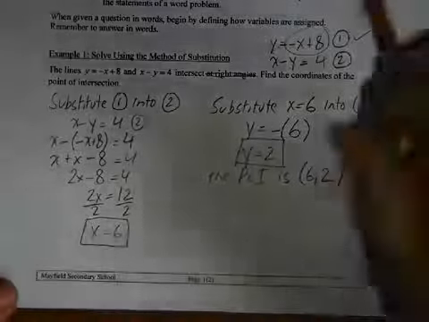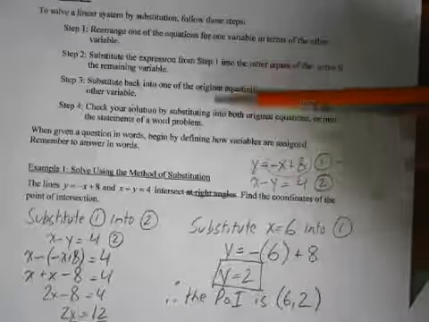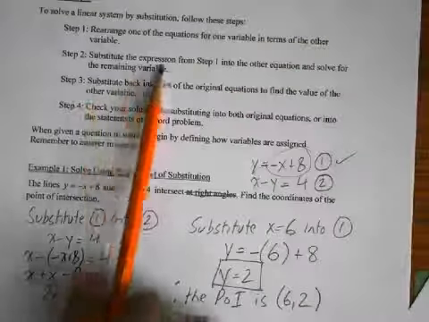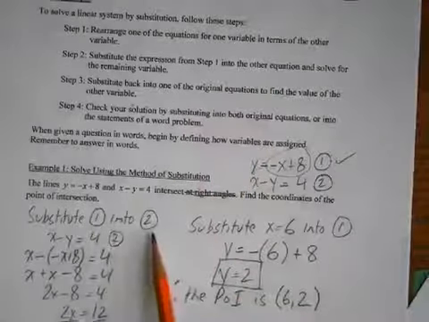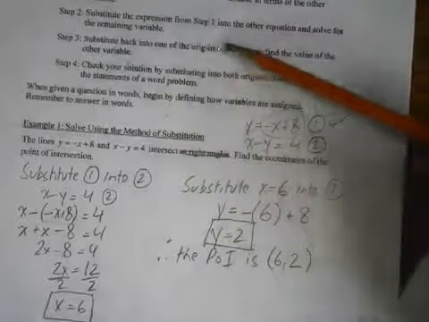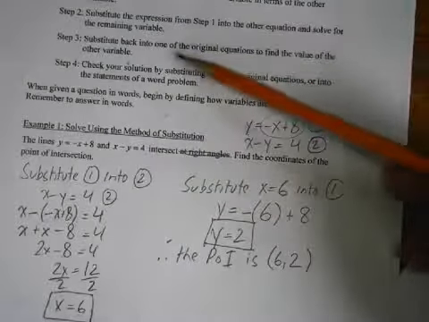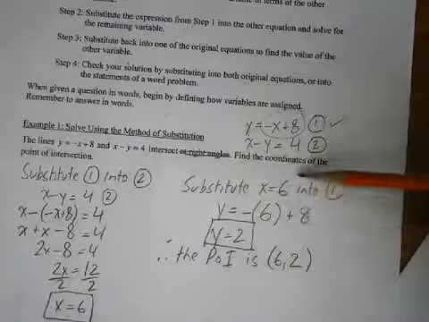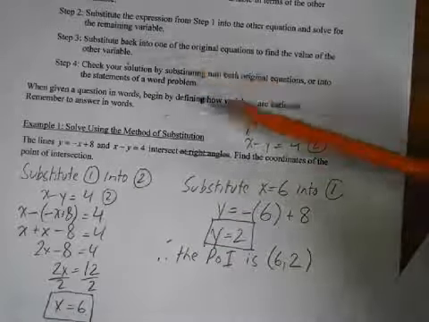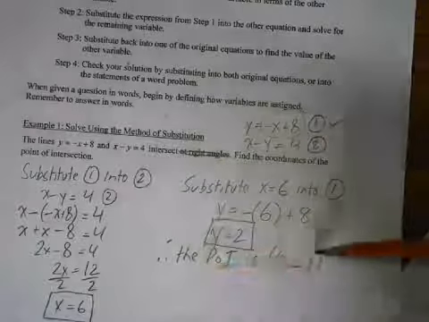So if we go back to the steps, ignoring the rest of the steps, substitute the expression from step 1 into the other equation. That's what we did here. And then substitute back into one of the original equations to find it. So that was this step here. Substitute that back in. And then this last step is not so much to find the answer, but to